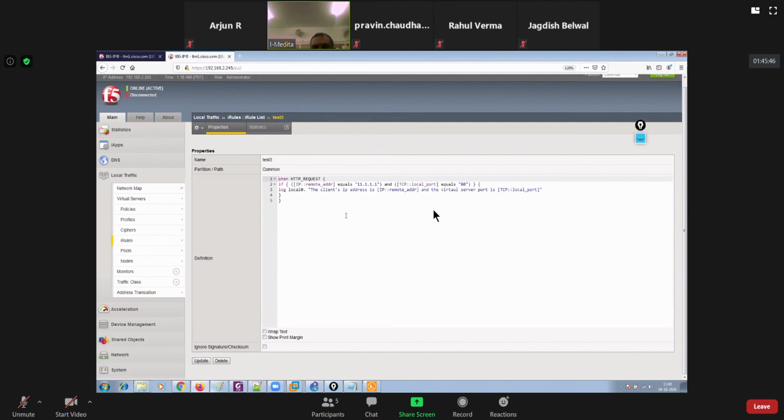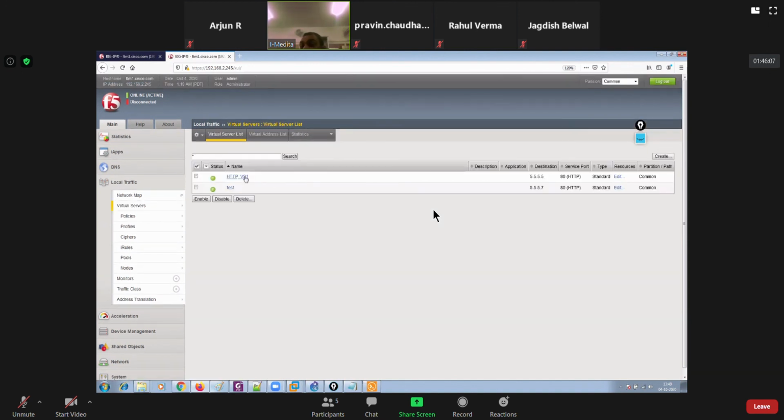If you look at it now, it was already saved, but I just added the inverted commas at the beginning of this line and at the end of this line. So you can see that it was accepted, and then it should generate the log message as well, right, guys? So let me go back to the virtual servers and let me try to prove it.